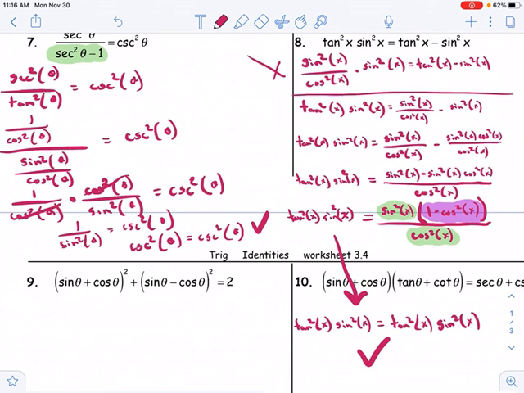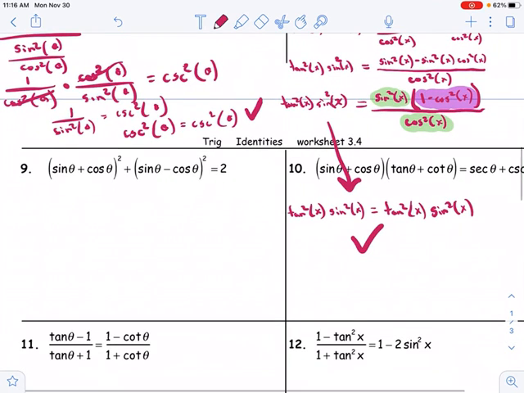And that's what verifying an identity can kind of look like. We'll keep taking a look at some of these other ones on future